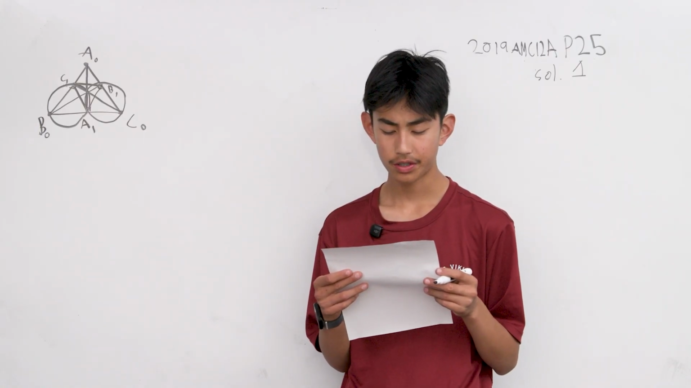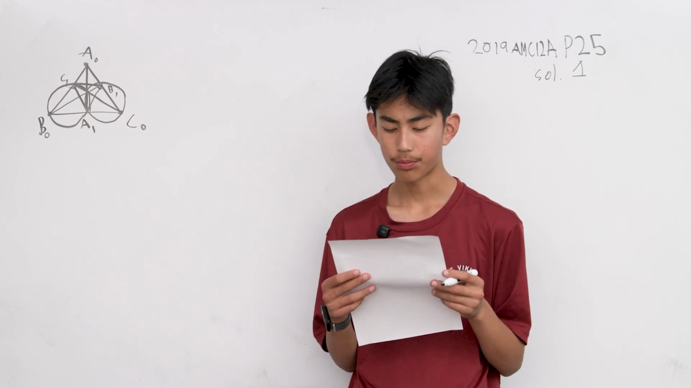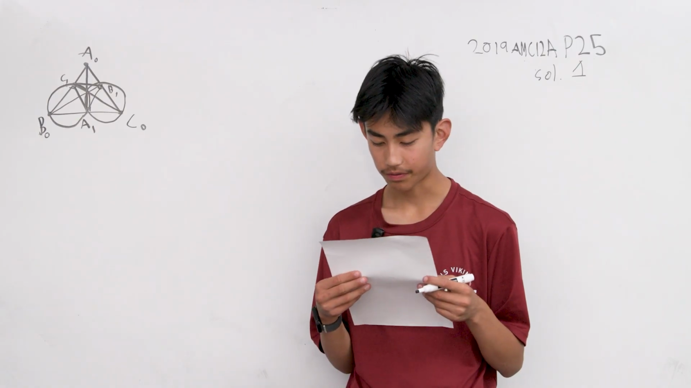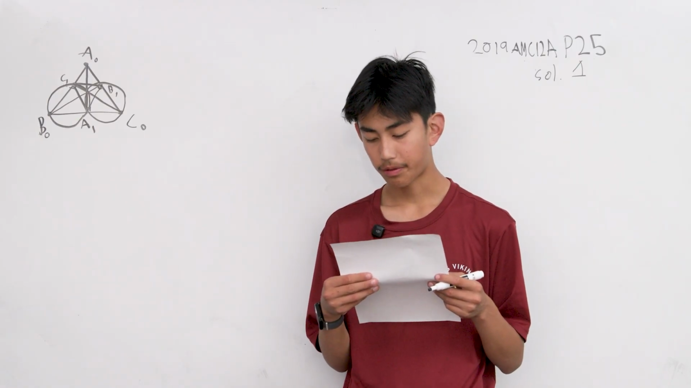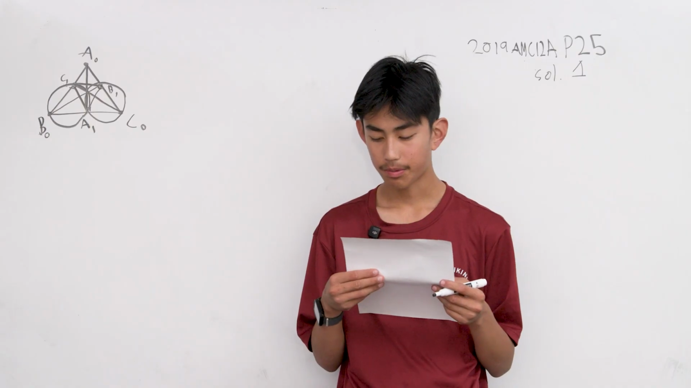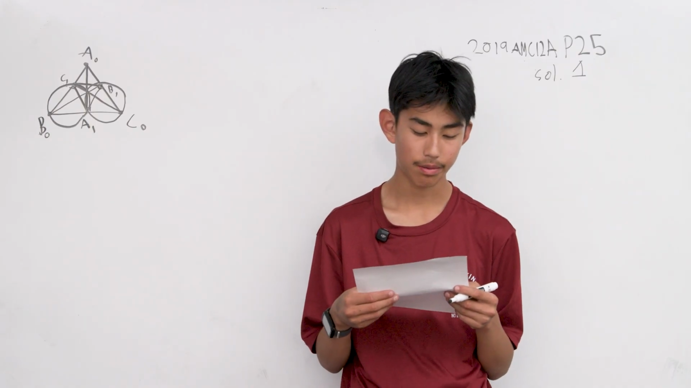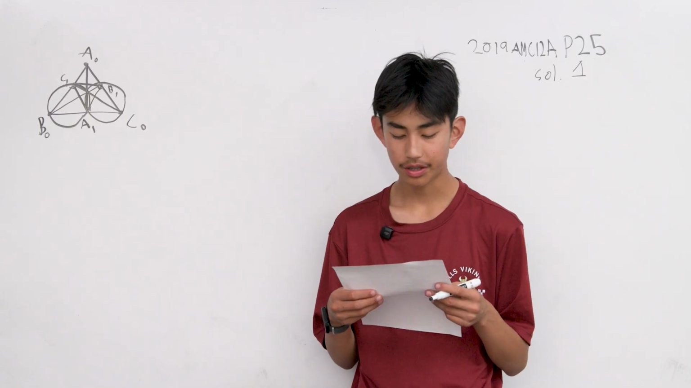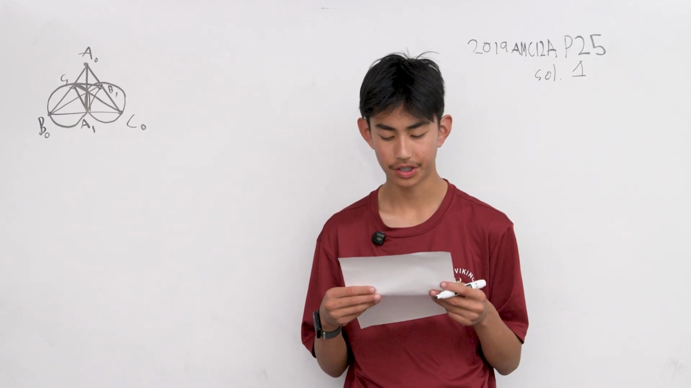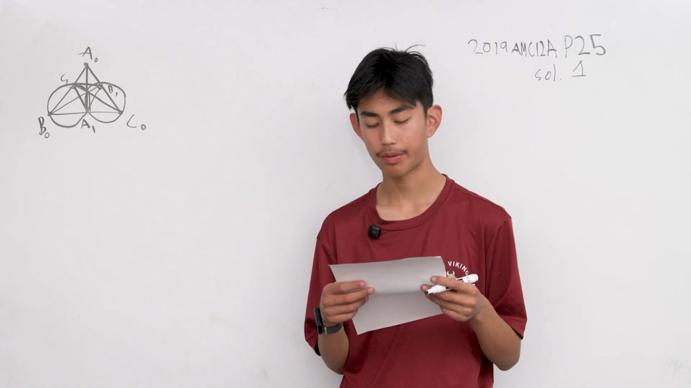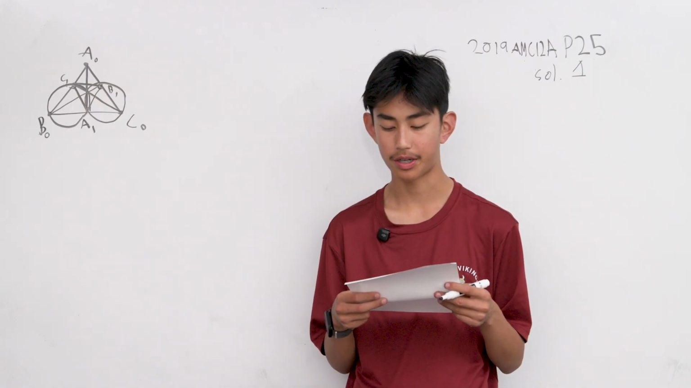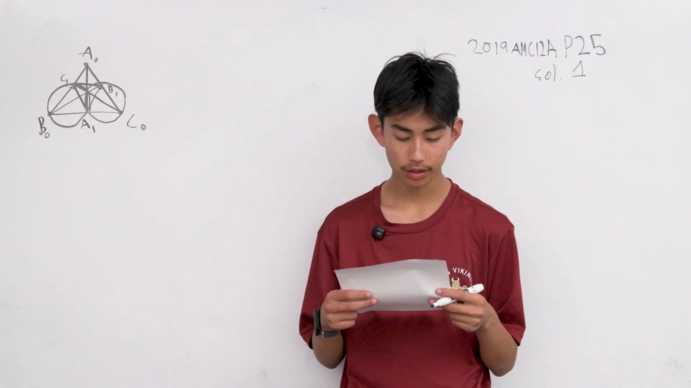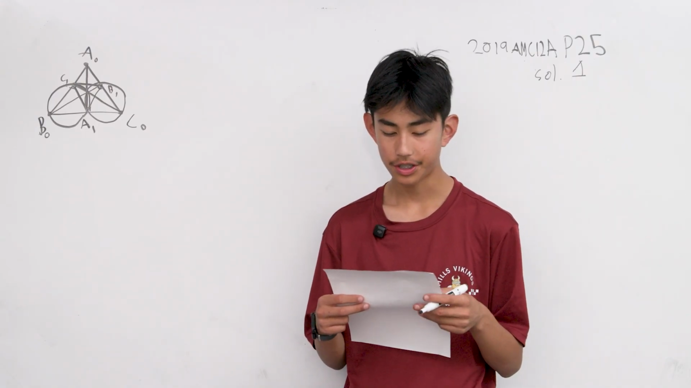For each positive integer n, define A sub n to be the foot of the altitude from A sub n minus 1 to line B sub n minus 1 C sub n minus 1. Likewise, define B sub n to be the foot of the altitude from B sub n minus 1 to line A sub n minus 1 C sub n minus 1, and C sub n to be the foot of the altitude from C sub n minus 1 to line A sub n minus 1 B sub n minus 1. What is the least positive integer n for which triangle A sub n, B sub n, C sub n is